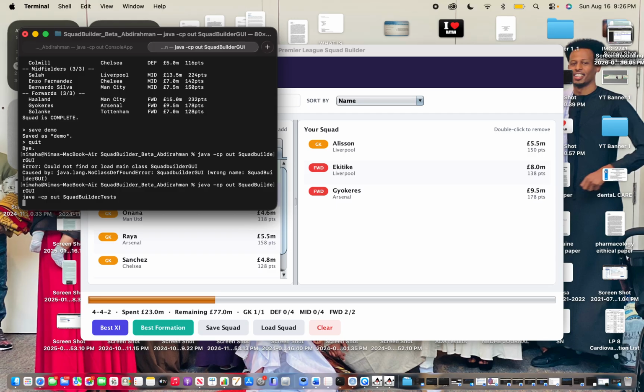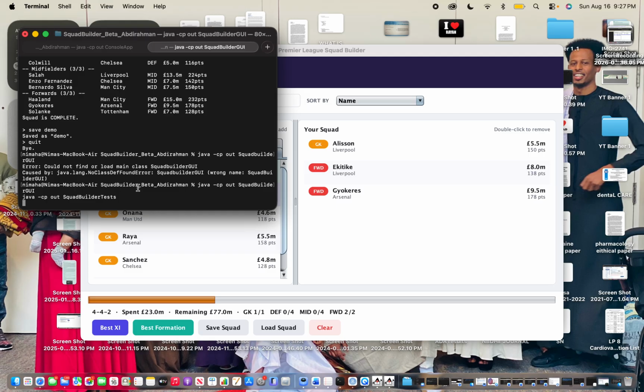Writing these actually caught a real bug. Two different save names made only of punctuation would collapse into the same file name and silently overwrite each other's data. So there's no error. The squad was just gone. So I fixed it and added a test so it can't come back. And it does take a bit to run, really. As that finishes up,